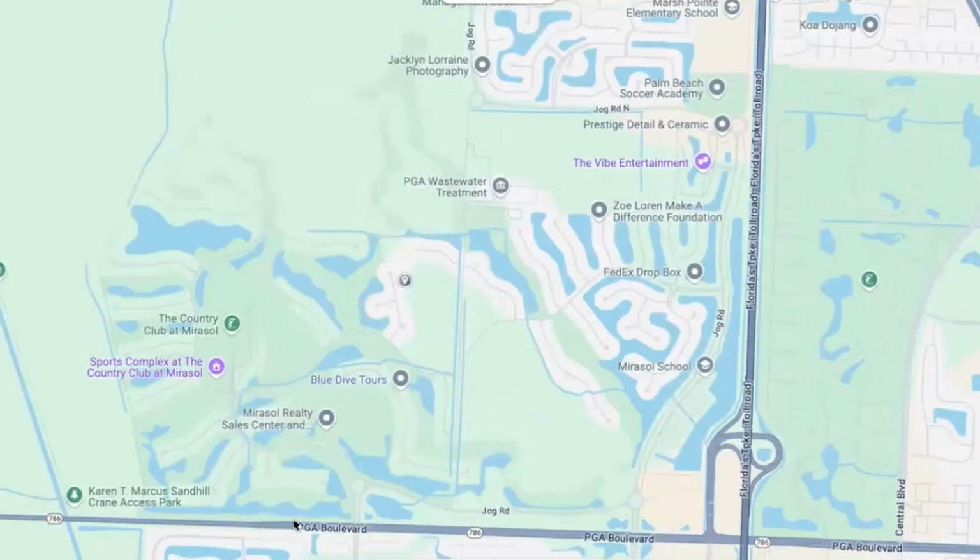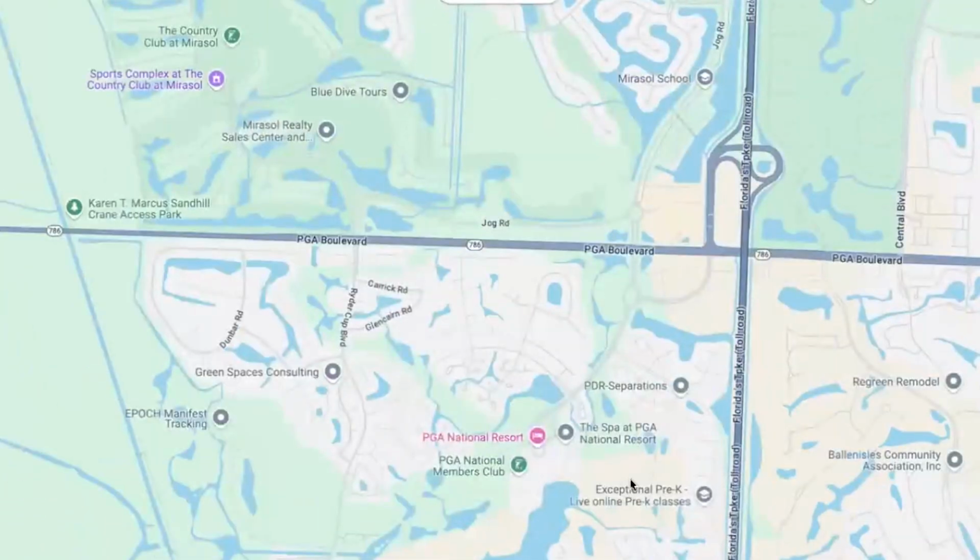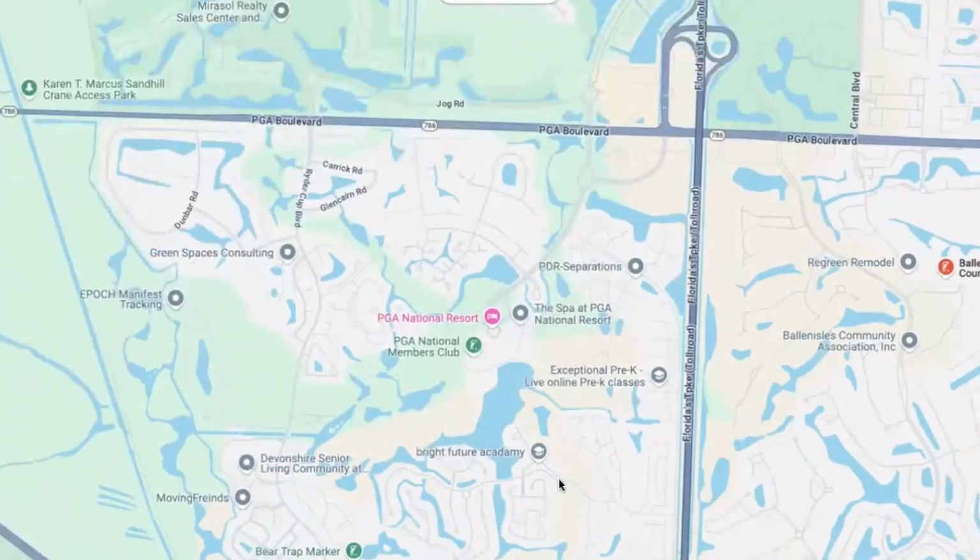Here's Mirasol. Here's PGA Boulevard, the main drag that goes all the way east. And here is really the Mac Daddy. This was like the original development. You enter off of PGA Boulevard, and there's an entrance near the Turnpike. There's a Publix here, and then there are like 30 different communities in here of single-family homes, townhouses,